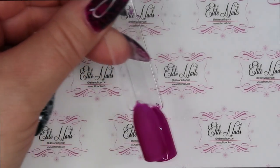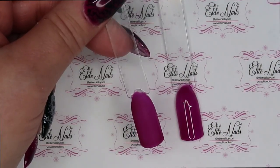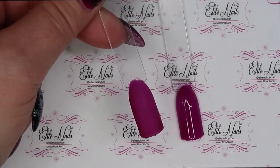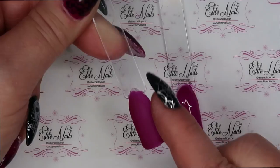Okay, so here is the matte. I've just taken it out of the lamp. I haven't wiped it. I haven't done anything. And this is supposed to be amazing. This matte holds up against oil and water. It's almost like,